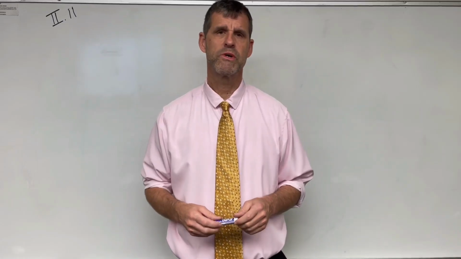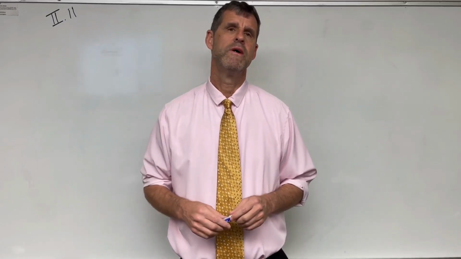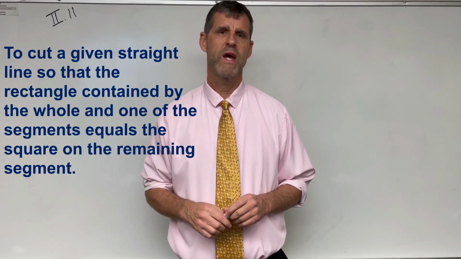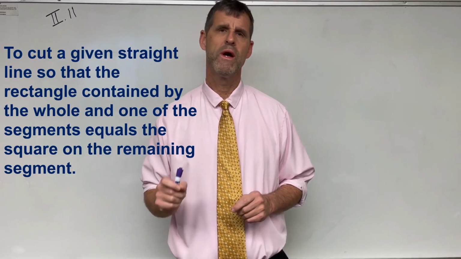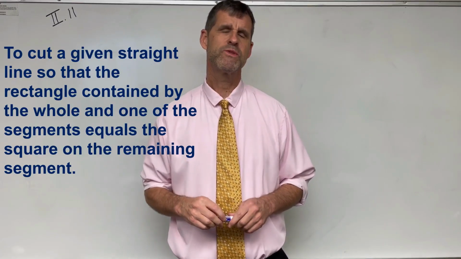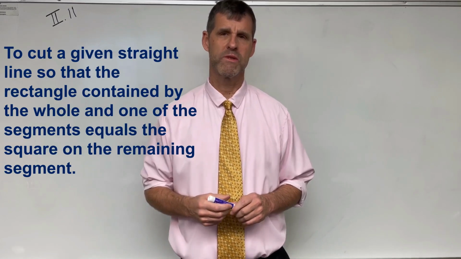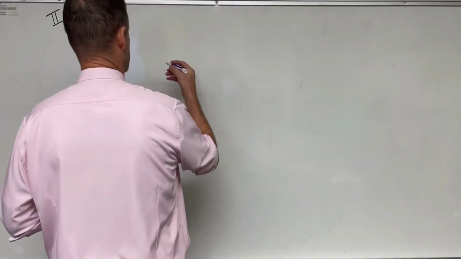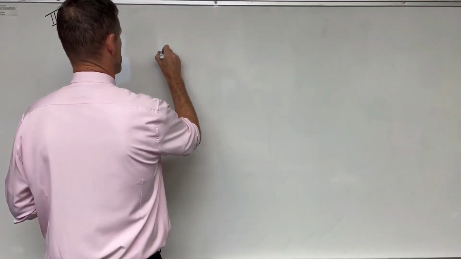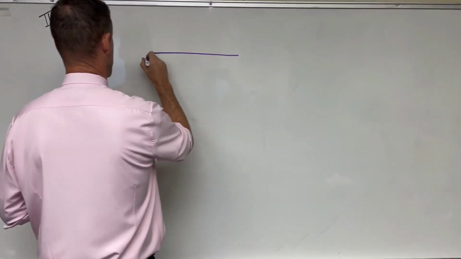Euclid's Elements, Book 2, Proposition 11. To cut a given straight line in such a way that the rectangle contained by the whole and one of the segments is equal to the square on the remaining segment. What I'll do first is draw up our line,